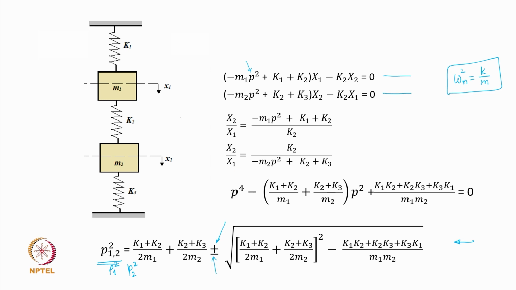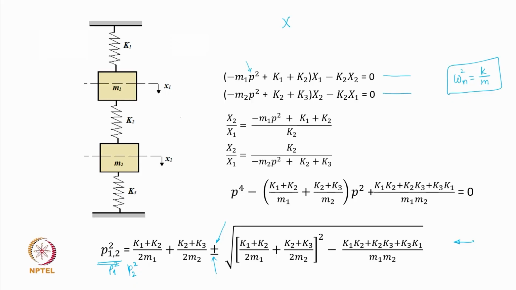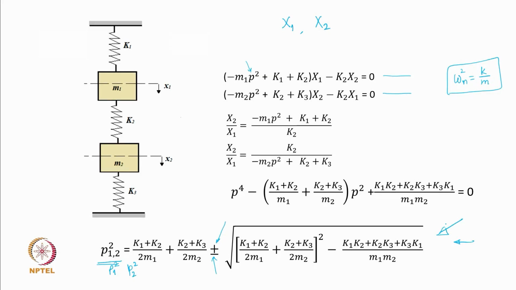Is that clear? Now, these two are the natural frequencies. What does that mean? That the system will vibrate at one of these two natural frequencies. But we started this whole process with the assumption that the motion given was x1 and x2, and we forcibly presumed that both of these two masses will move with the same time period. Now, the system does really have a possibility of vibrating at one of these two natural frequencies, provided